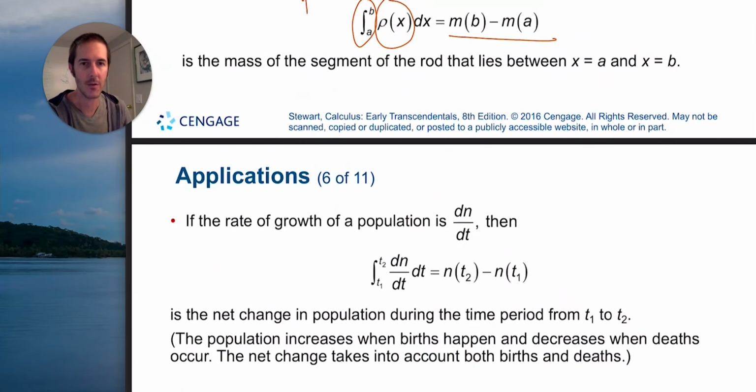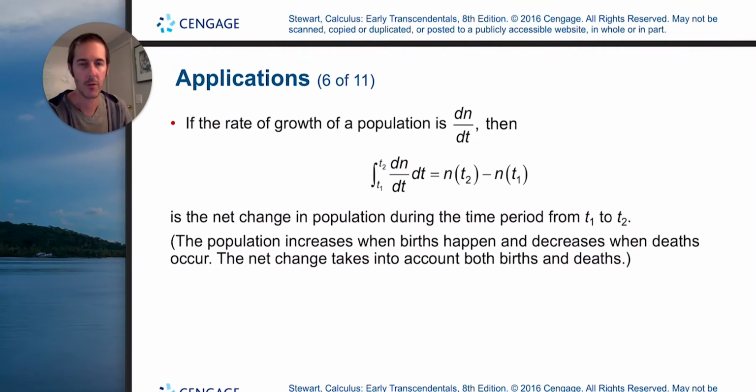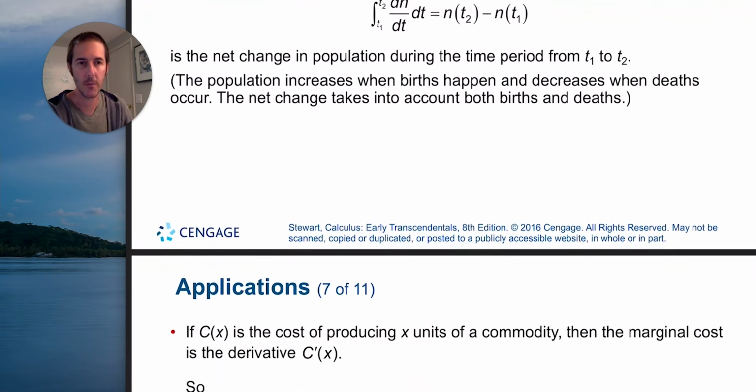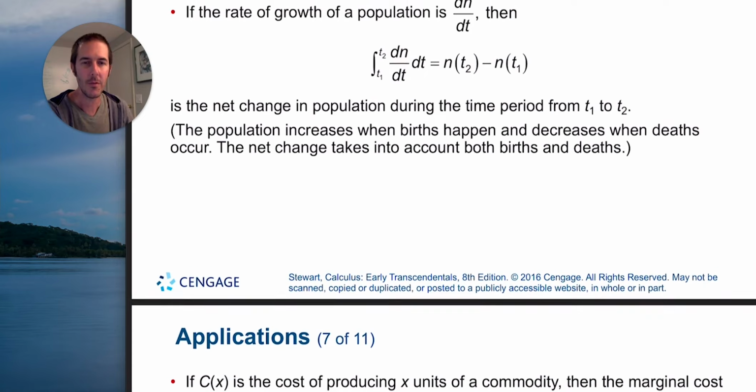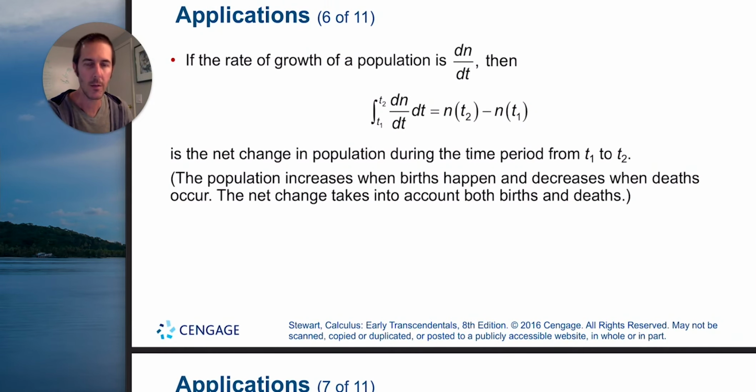Population again, so this is, if the rate of growth of population is this, so that's already a growth rate. We're not even being told that there's an original function lowercase n, okay? N must represent the population. It's a numerical value. And if we integrate the derivative, again, we can find, in this case, change in population. This one's actually a little bit more interesting than usual because